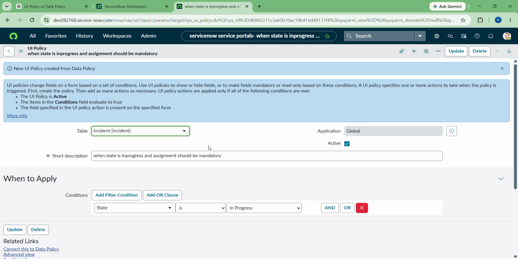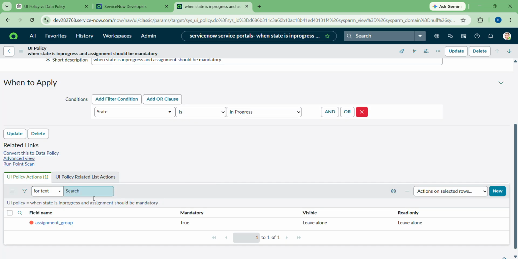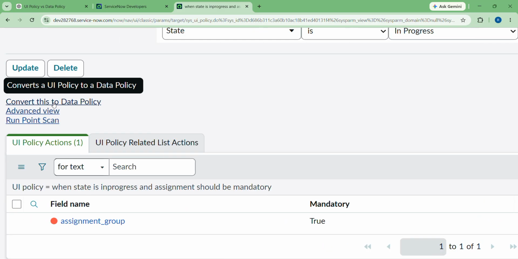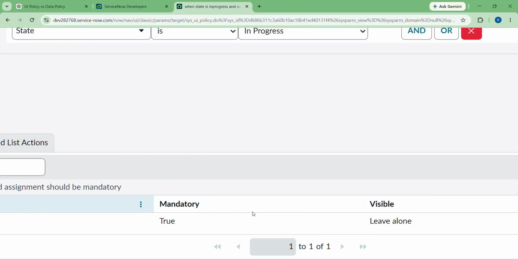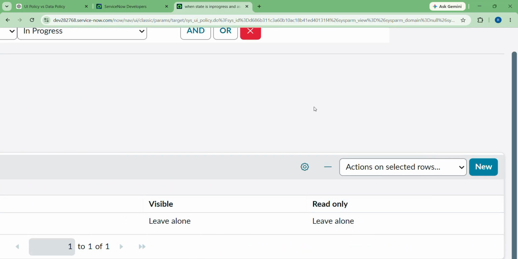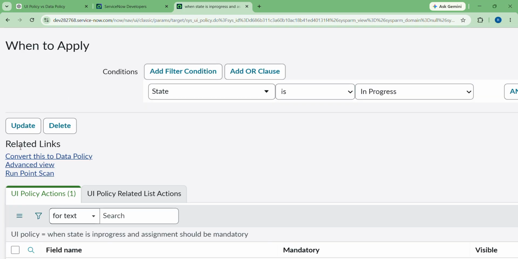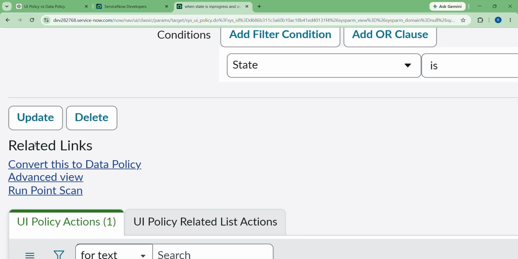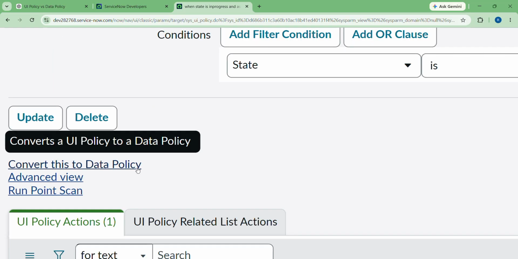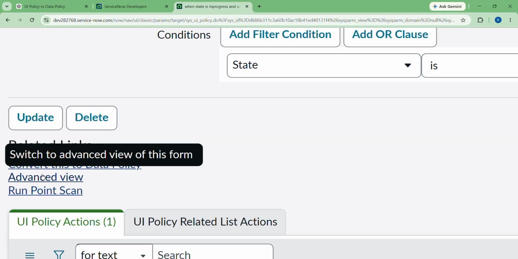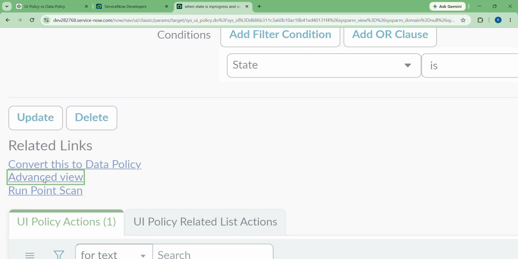Here, the UI policy is applied only on forms. Here we can see the UI policy actions. We can see field name as assignment group, mandatory is true. So this is called conversion of data policy to UI policy. Here in related links, we can also convert this to data policy, like UI policy to data policy. Advanced view. When I click advanced view, you can see